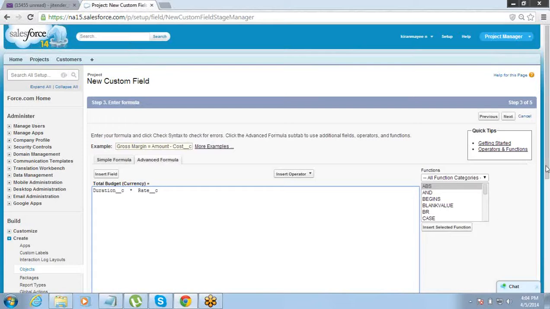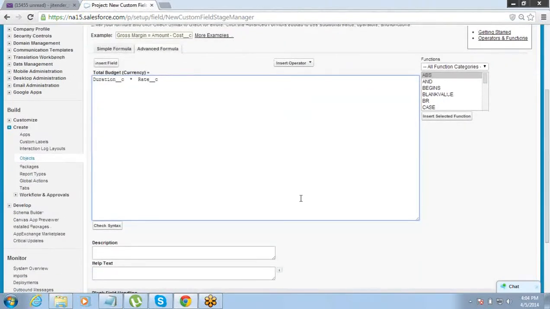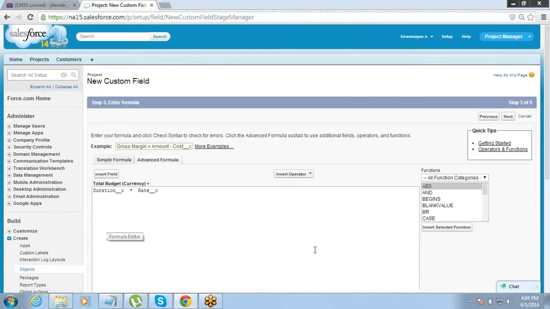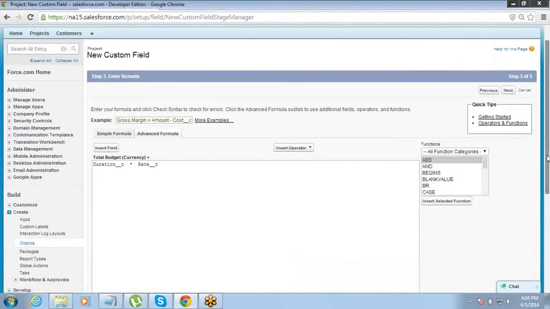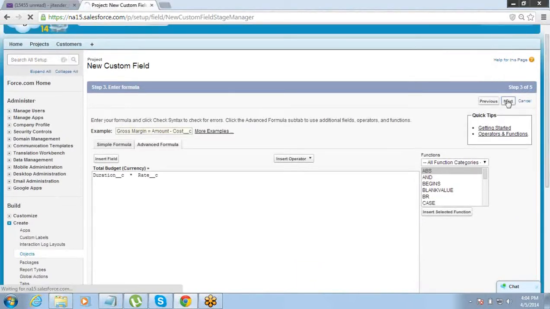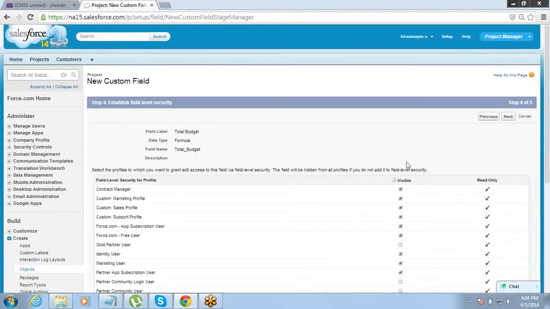Once you have put this formula, do a check syntax. Go to next and save it as you would any other field.